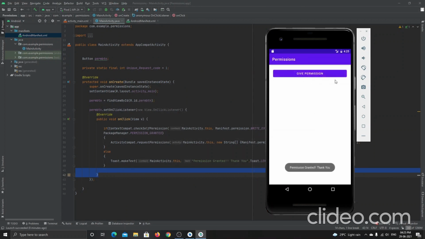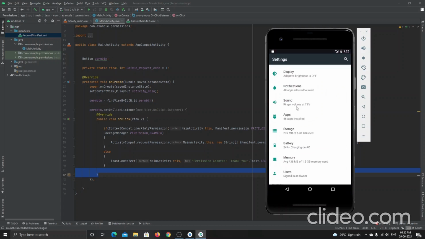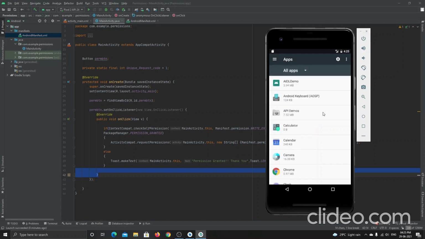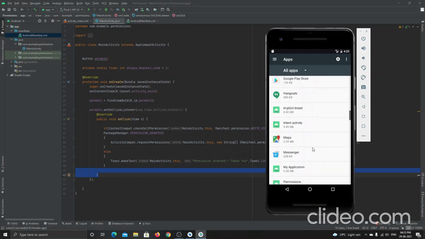But if you want to see what all the permissions this application got, then you want to go back to the settings. Inside the settings you want to move into apps and search for the permissions app, because our application name is permissions.